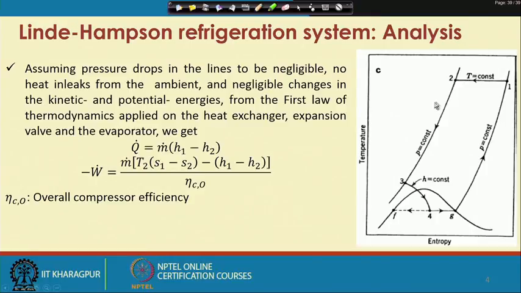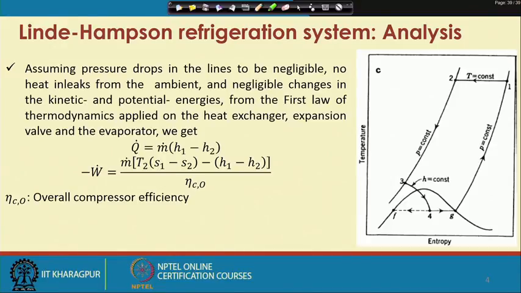In this TS diagram, this is the temperature axis and this is the entropy axis. From point 1 to 2 we ideally move horizontally and reach a pressure, and the pressure at this point is lower than the pressure at this point, as we learnt earlier in our tutorial how the pressure lines are there on the TS diagram. So we find the pressure is increased isothermally to 2.